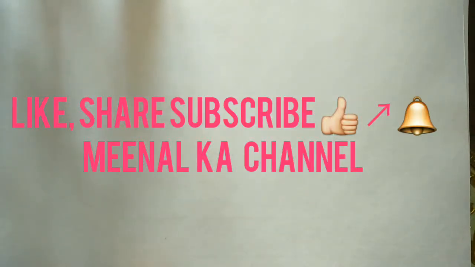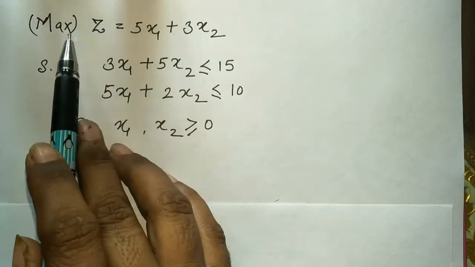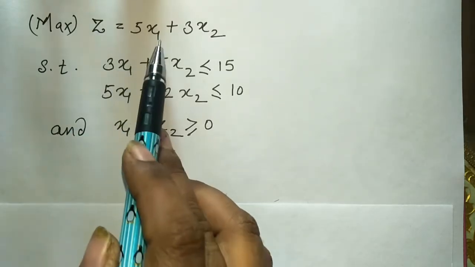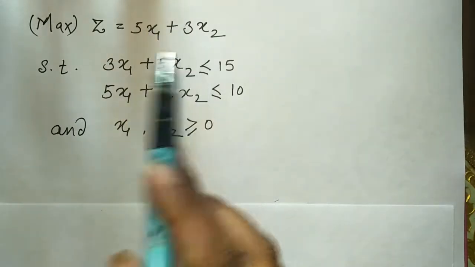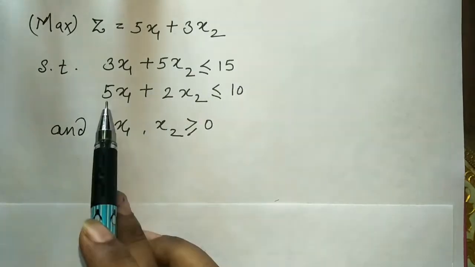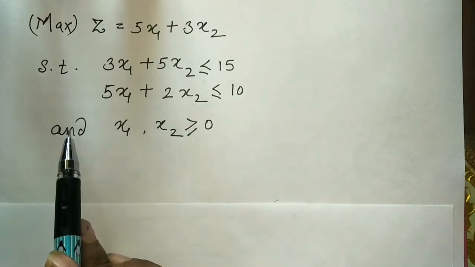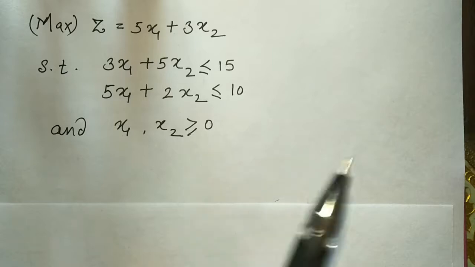Today we are going to learn how to solve linear programming problem by graphical method. See, this is the question. This is our objective function. Maximize z is equal to 5x1 plus 3x2. This is our objective function. Constraint subject to 3x1 plus 5x2 is less than equals to 15. 5x1 plus 2x2 is less than equals to 10, and non-negativity restrictions x1 and x2 is greater than equals to